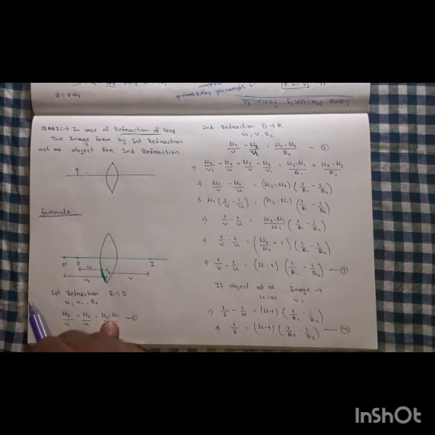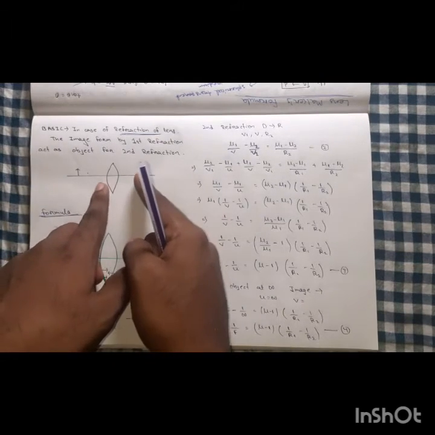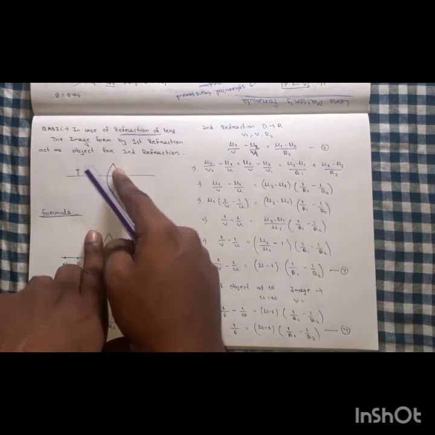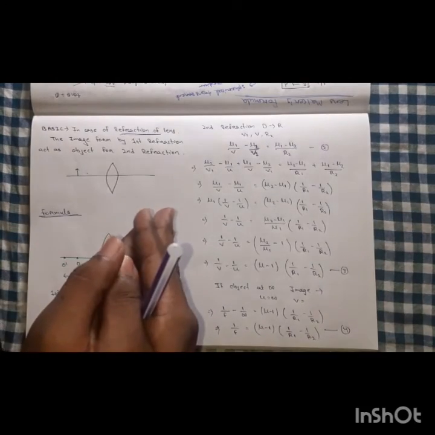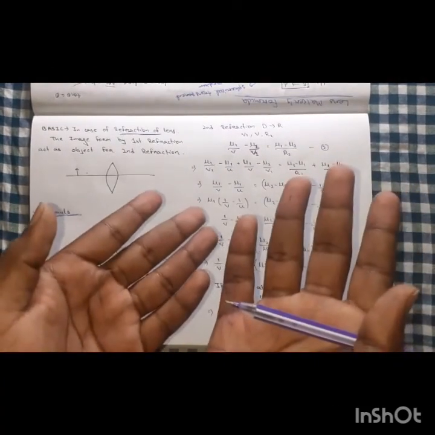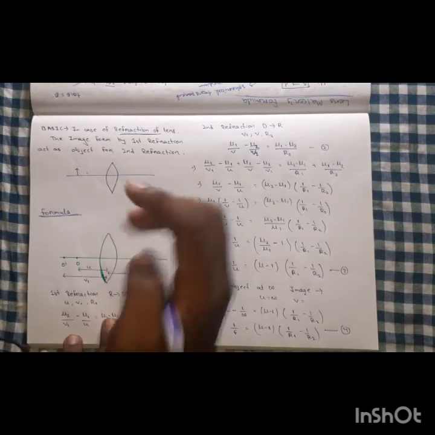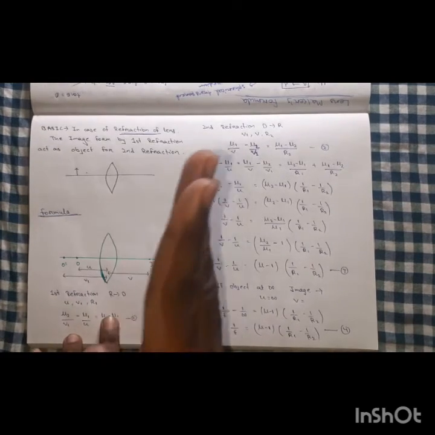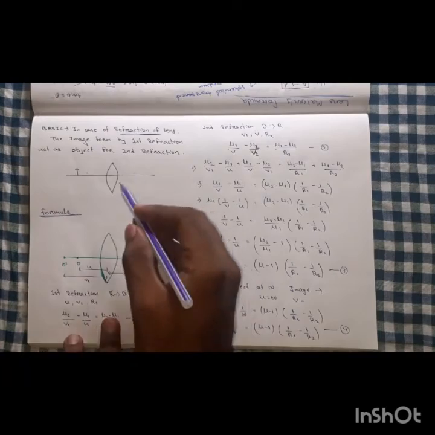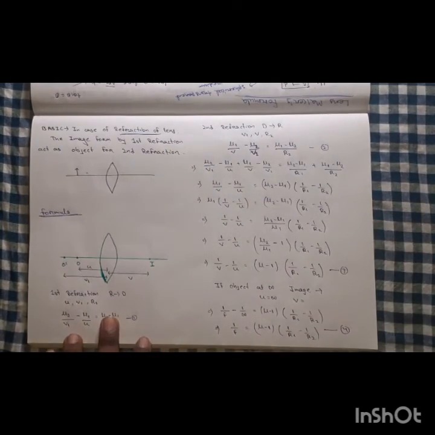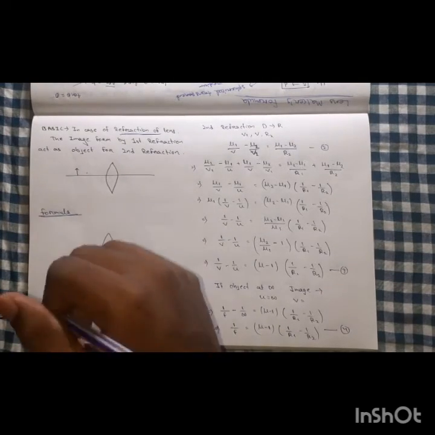In case of a lens, where refraction occurs, listen, what does a lens mean? It is made of spherical surfaces. If I join two spherical surfaces, then it will form a lens. Yes or no? Then due to two spherical surfaces, there will be two refractions. Every surface has one refraction. Then how will this refraction happen?